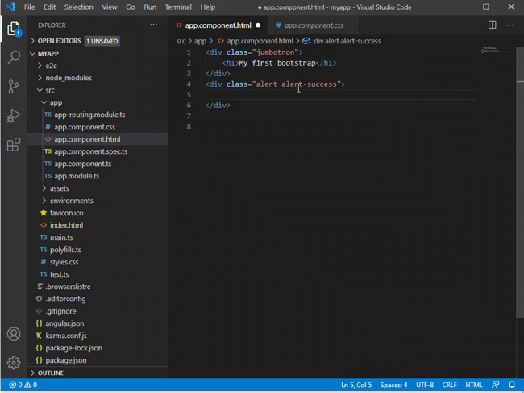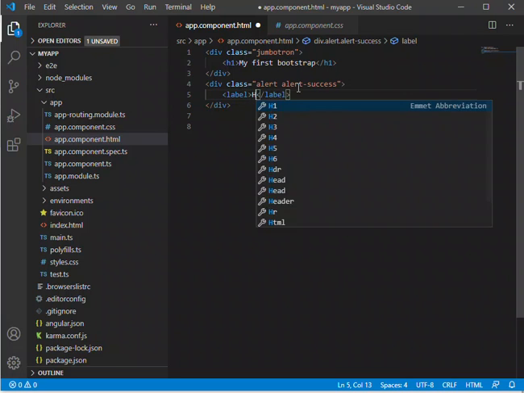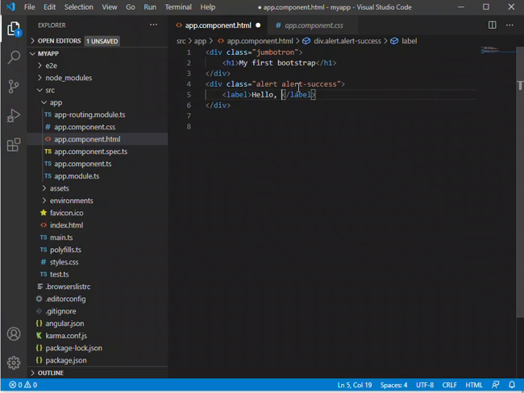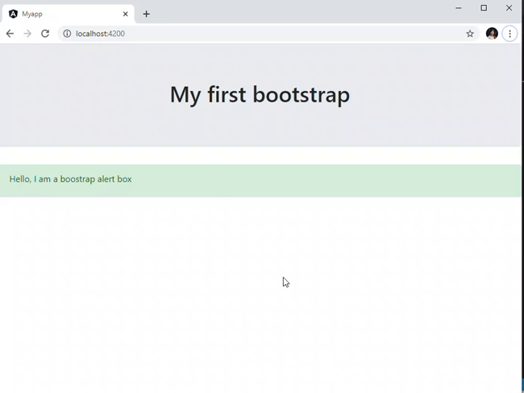Let's have a label here: Hello, I am a bootstrap alert box. Let's save. And there you go, your alert box of Bootstrap.